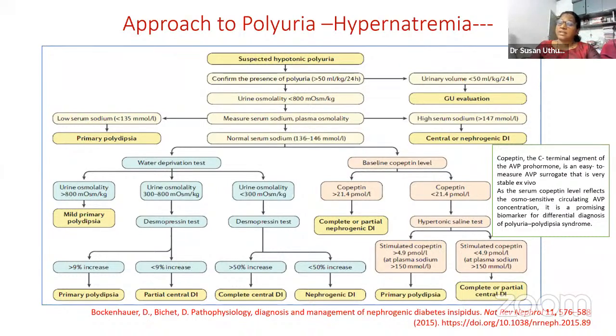And so the copeptin is actually the C-terminal segment of the AVP prohormone, and it is an AVP surrogate, and it has become a promising biomarker for the differential diagnosis of polyuria polydipsia syndrome. So copeptin levels more than 21.4 are indicative of a complete or partial nephrogenic DI, whereas if it is less than 21.4, we will be giving 3% saline, that is the hypertonic saline test. The stimulated copeptin levels more than 4.9 and the plasma sodium more than 150 is indicative of primary polydipsia. But if it is remaining low, less than 4.9, when the plasma sodium is more than 150, it is complete